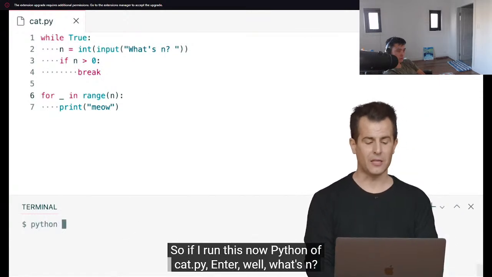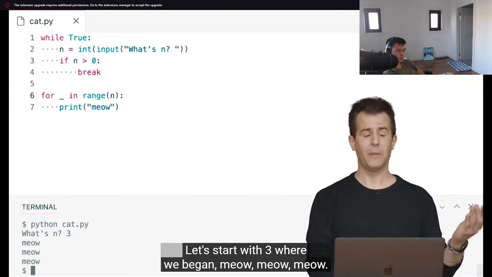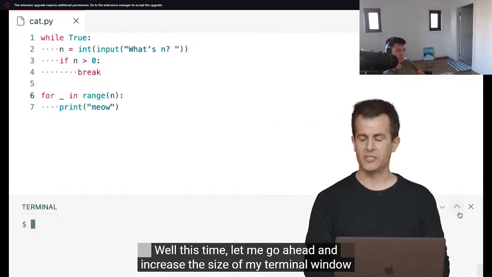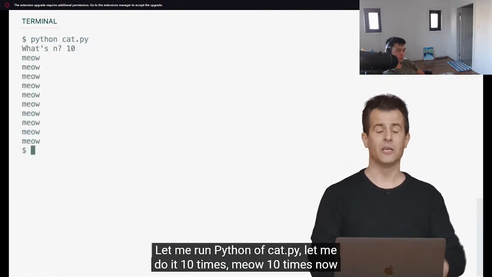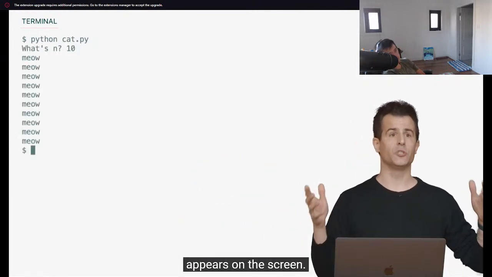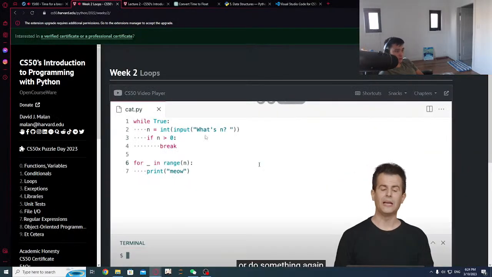So if I run this now, python of cat.py, enter, well, what's n? Let's start with 3, where we began. Meow, meow, meow. Well, this time, let me go ahead and increase the size of my terminal window just temporarily. Let me run python of cat.py. Let me do it 10 times. Meow 10 times now appears on the screen. And the takeaways here are not just that we can meow 10 times or do something again and again, but